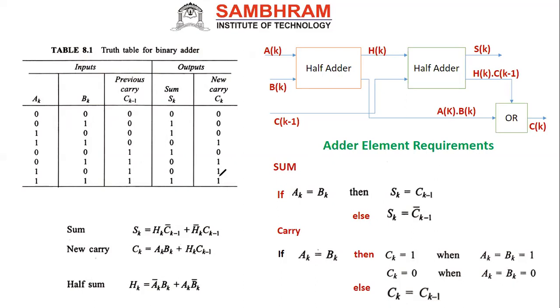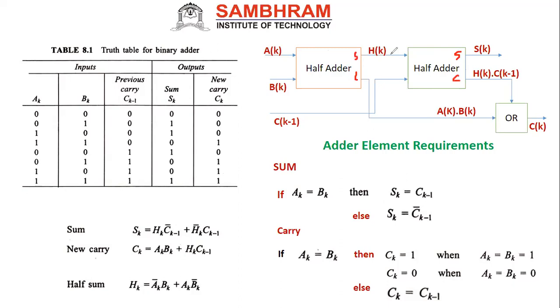Okay. Now this is the truth table for your full adder. Now let us go for how to write this Boolean expression. For that, we implemented this full adder using two half adders. So this is the two half adder technique. The first half adder will produce the sum and the carry. This is the sum, this is the carry. In the same way, this is the sum, this is the carry.